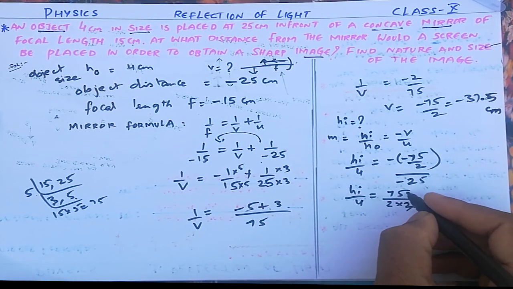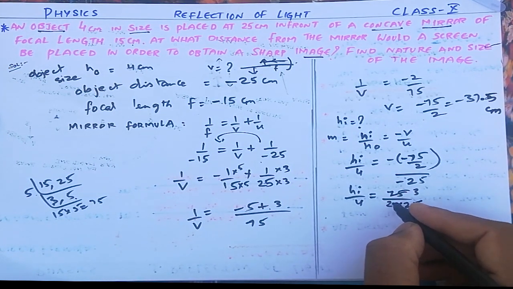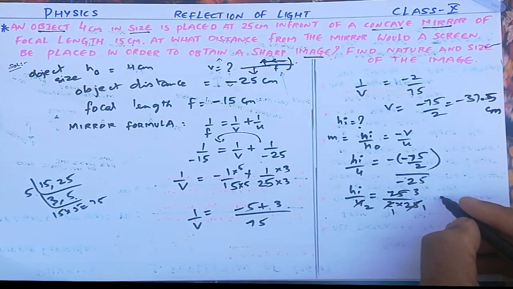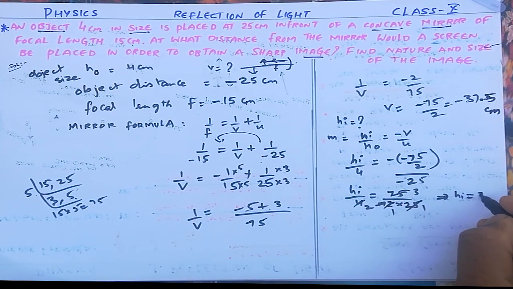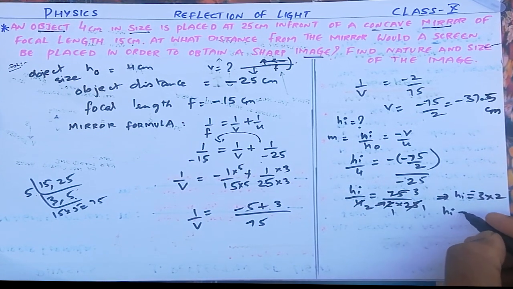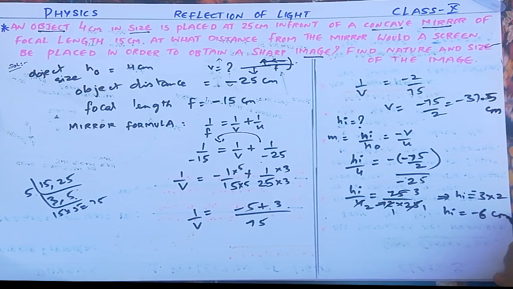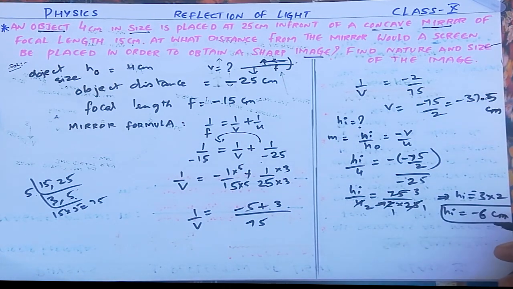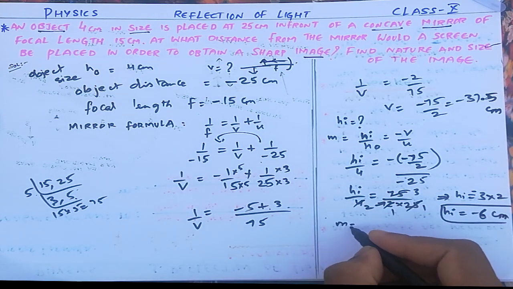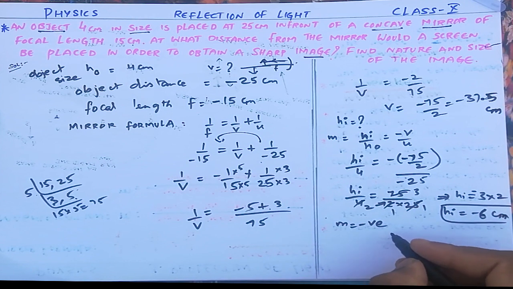So 25 ones, 25 3s is 75. And here 2 ones, 2 2s. Then HI equal to 2 multiplied here by 3 into 2. But minus is there, so HI equal to minus 6 centimeters. Minus 6 centimeters means, according to the rules, below the principal axis. Below the principal axis, magnification negative value means the image is